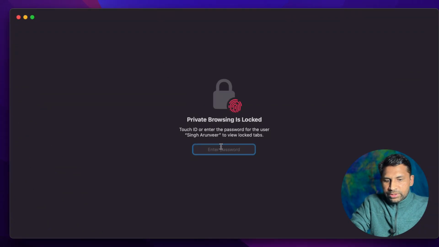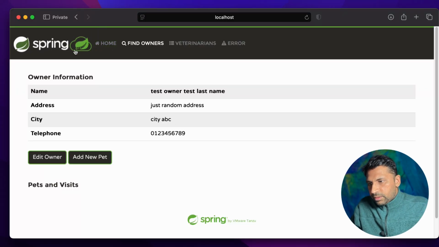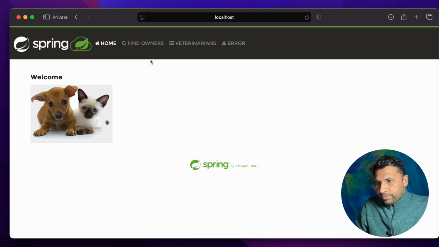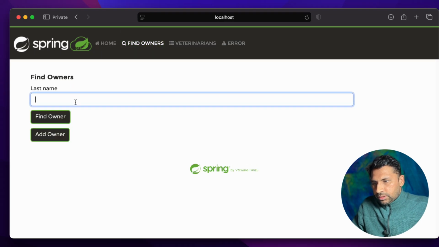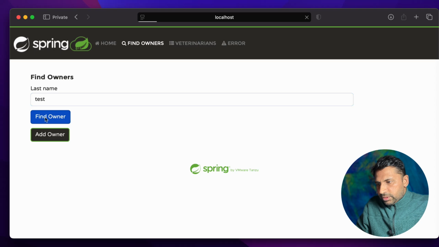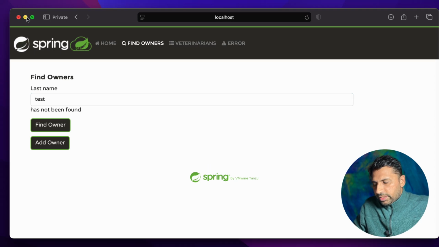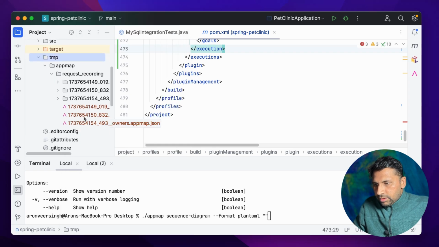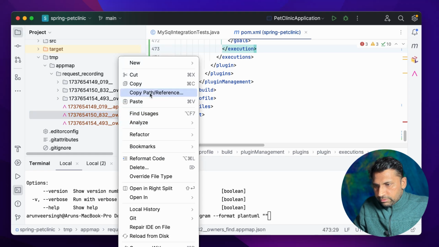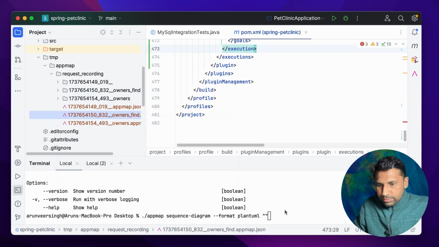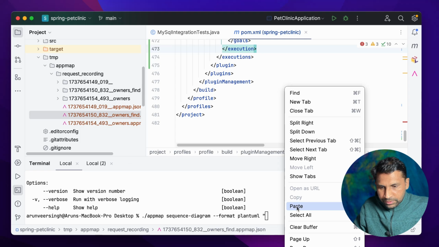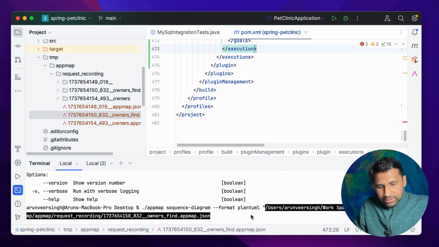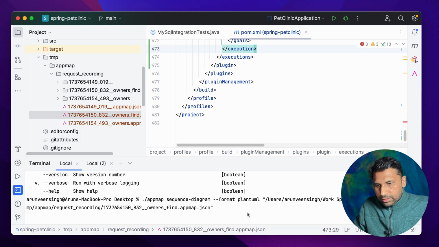Let me open the browser again. Let's go home. Find owners. Do something. It should generate some data here. Okay, so it is generated here. And then let's copy the absolute path of this, paste it like this, and